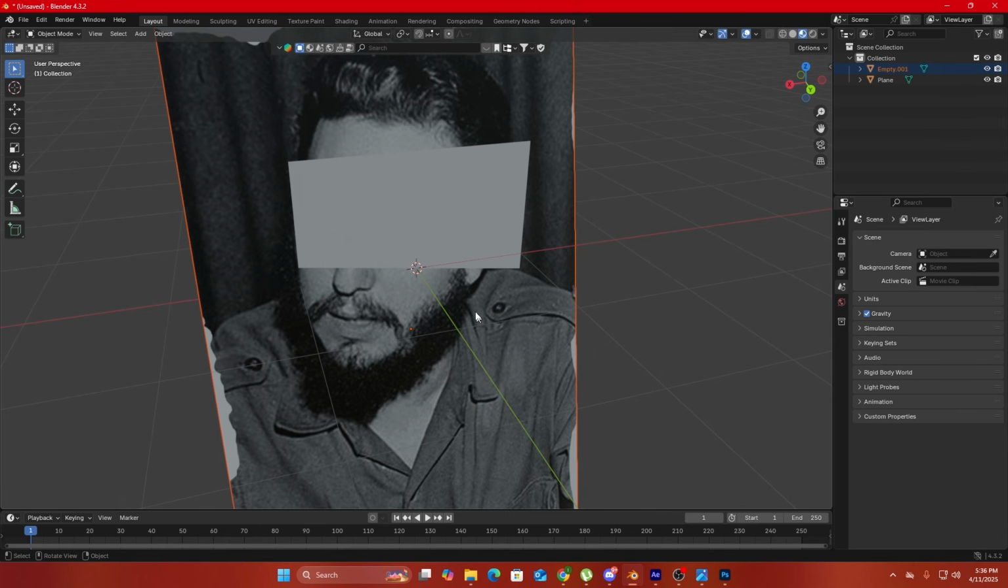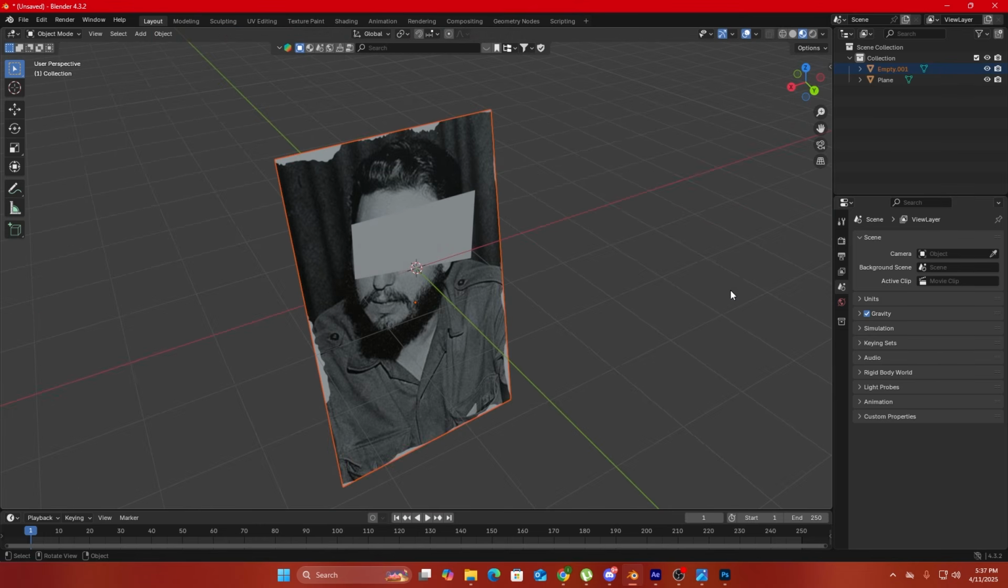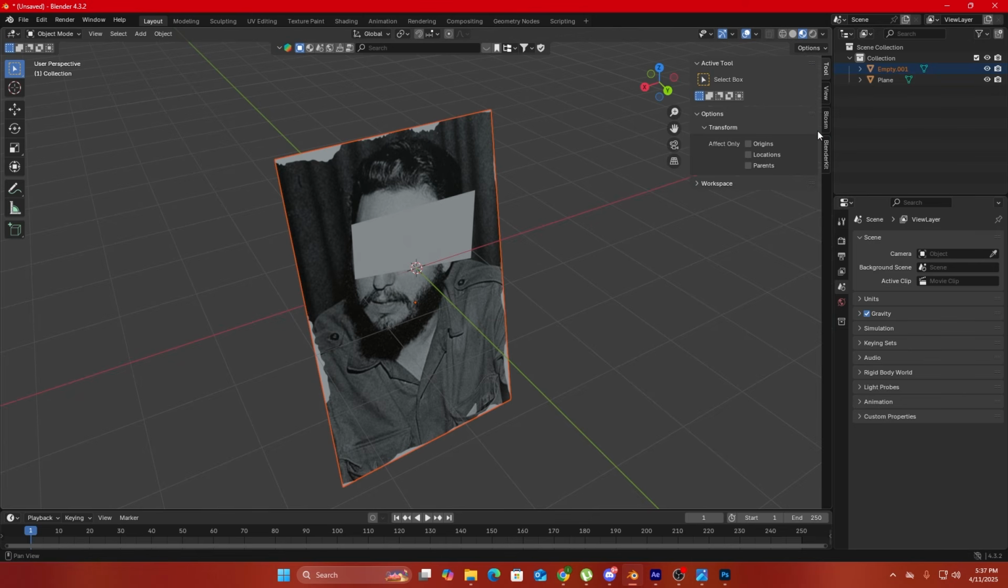Okay, now simply just press T, N, and go to